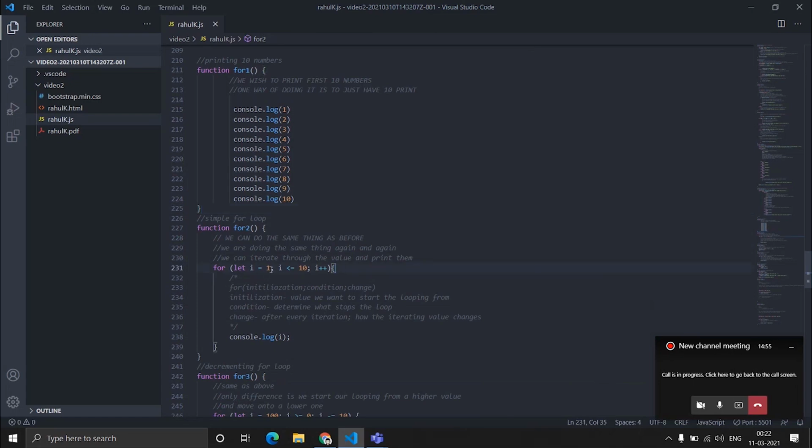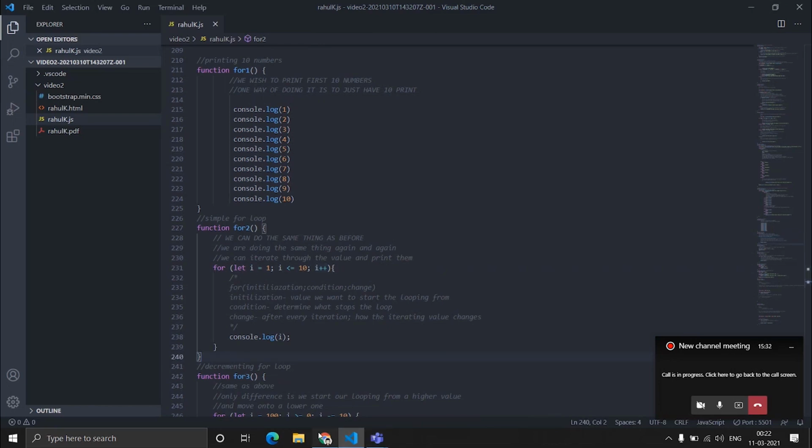What happens is, first we initialize a value, where initialization means from where you want to start your loop. Then there will be a condition check, meaning up till when this condition remains true, your loop will get executed. And after this, we have an increment operator. So after each iteration, the value of i will get incremented up till it becomes 10. As it becomes greater than 10, your loop will stop working.